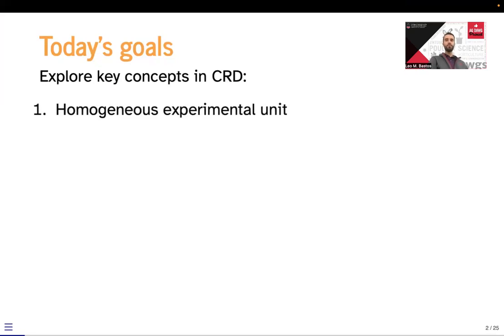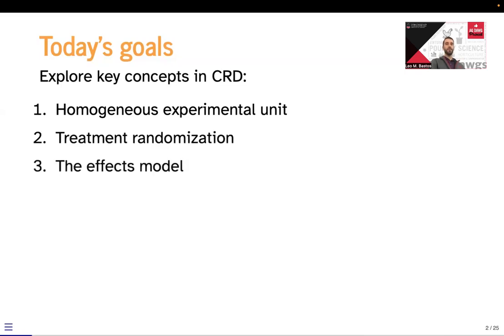lecture here, we're more specifically talking about completely randomized design, but because it is the first design that we're going to explore in more detail, I need to introduce you to some topics that apply to any design analysis. So we talked about the homogeneous experimental unit, how that impacts our treatment randomization, the effects model. I think we stopped last time at the ANOVA table. We're going to revisit that one more time and talk a little bit about it because, again, the ANOVA table is going to be really important for you to understand how things are happening behind the scenes,